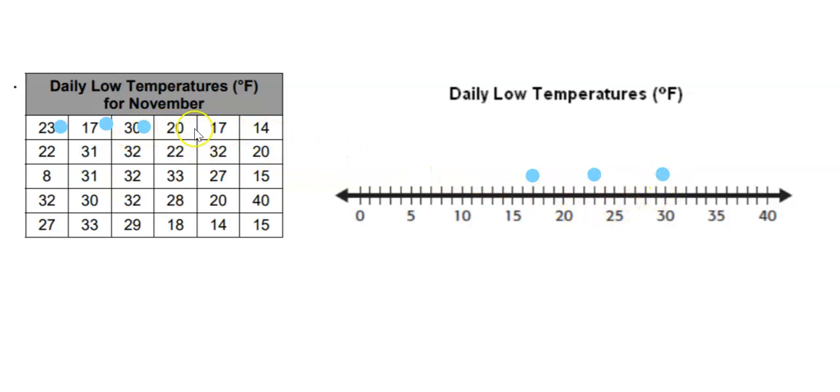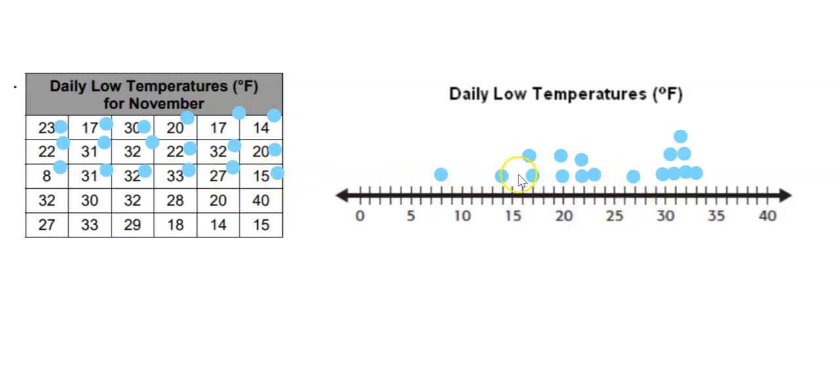So I'm going to put a dot on 30, a dot on 20, a dot on 17, a dot on 14, a dot on 22, a dot on 31, a dot on 32, a dot on 22, a dot on 32, a dot on 20, a dot on 8, a dot on 31, a dot on 32, a dot on 33, a dot on 27,